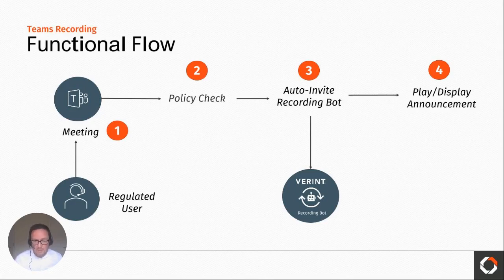Let's assume Kevin isn't a regulated user, but Jerry joins a call, makes a call, joins a meeting, someone calls him. So essentially in the background, there's this concept of meetings, over and above calendarized invites of meetings. It could be if I call someone, someone calls me. If I'm a regulated user, when I have an interaction, if I communicate via Teams, what happens in the background is there's a policy check, and the policy check looks up to see if Jerry's regulated or not. And if I'm regulated, what it'll then do is auto-invite the recording bot. And if you hold that thought for a second, I'll go back to it in a sec.